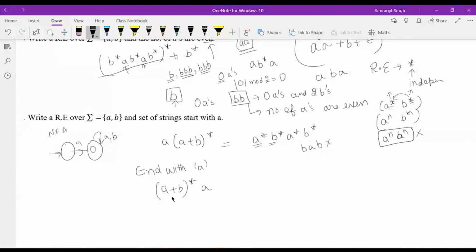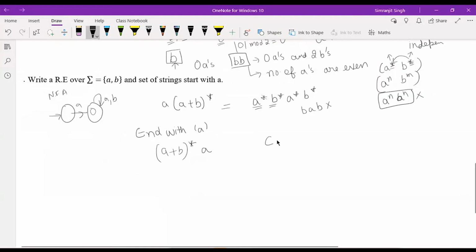Now again, there is another question that we have done: contain A. So I think you can also write this. It is just contain A. So contain A will look like this. I think you can get it. A plus B, there should be A plus B. So it is always containing A. So one A is permanent, afterward, before, any number of A's and B's can come.